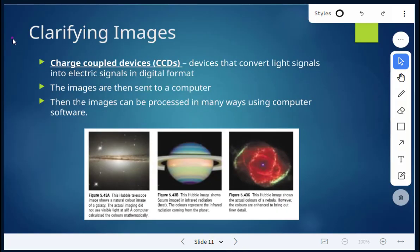Next, clarifying images. CCDs are charge-coupled devices. These are devices that can convert light signals into electric signals in digital format. Those images can then be sent to a computer. Those images are then processed in many ways using computer software. So this